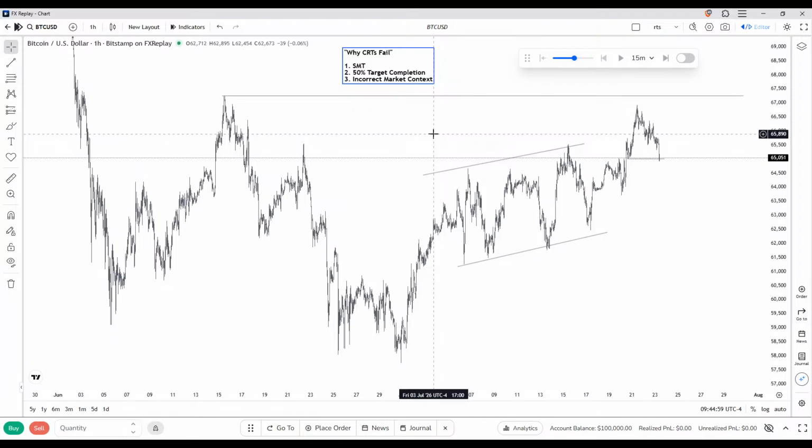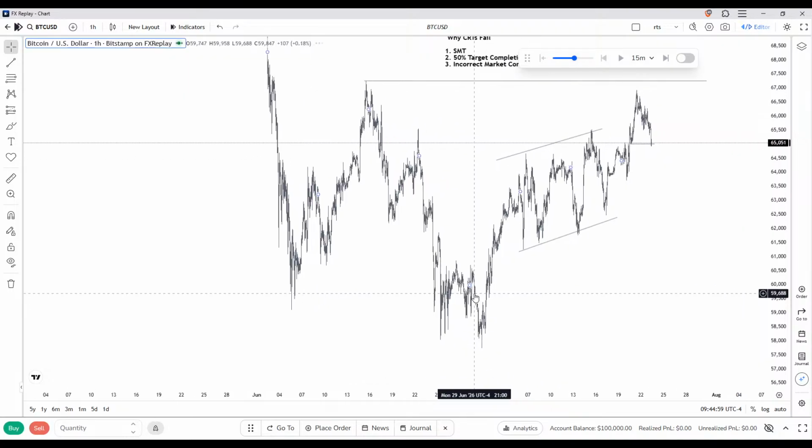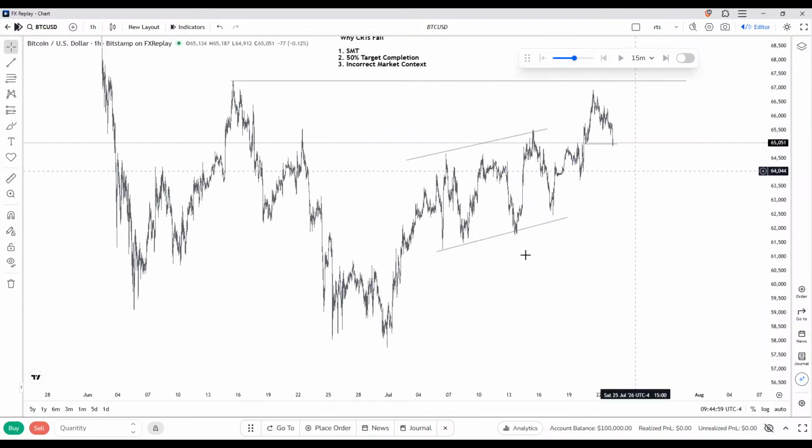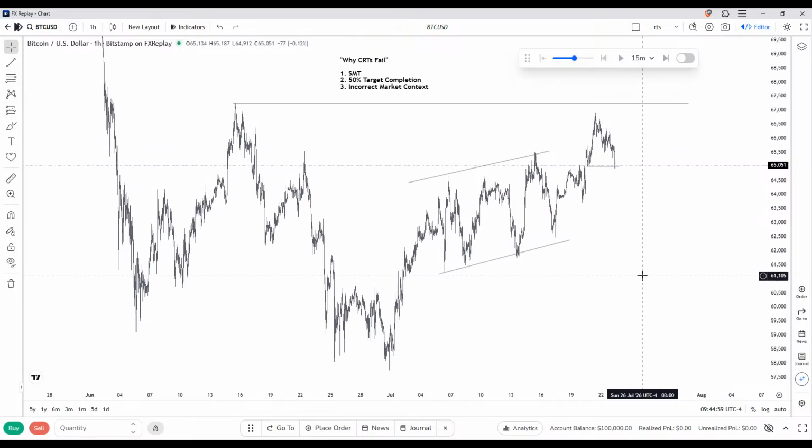Though this same setup may have worked in the past. But in the context of what it is, it's a pause CRT. The market's already shown a lot of hesitation. A pause CRT should be treated completely differently than a three distribution candle CRT, where you have